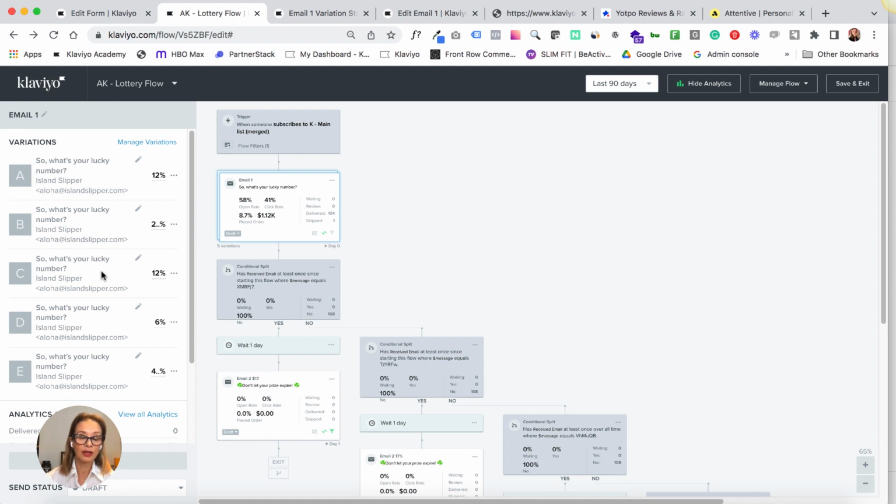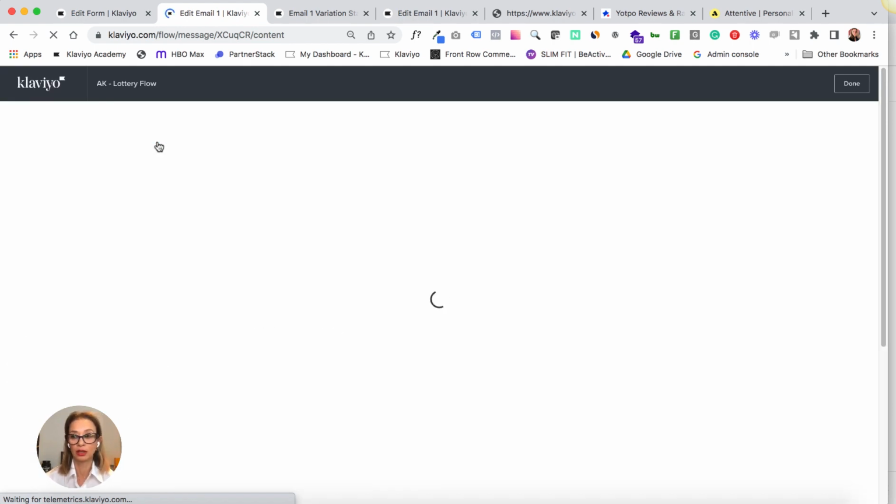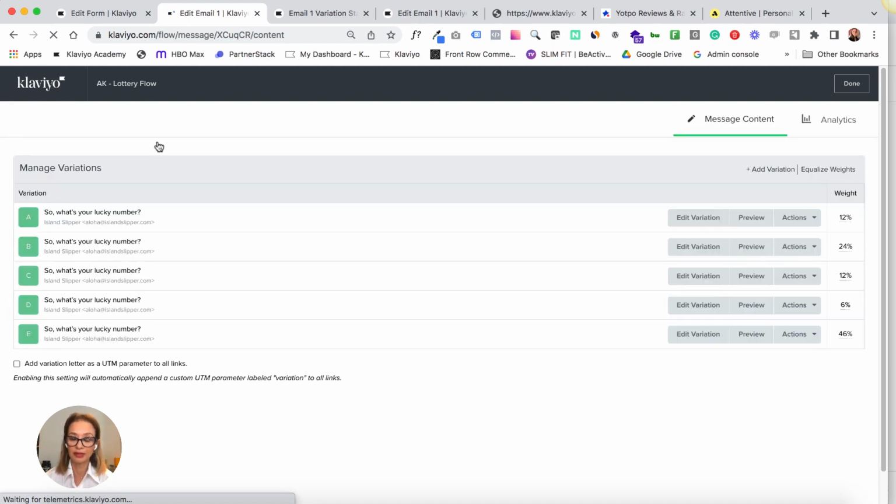The way you manage and control these tests is by distributing different weight to each email, because obviously you don't want the best offer to go to the same amount of people as your middle offer. So you have flexibility here where you can assign different weight and control how many people get which offer.